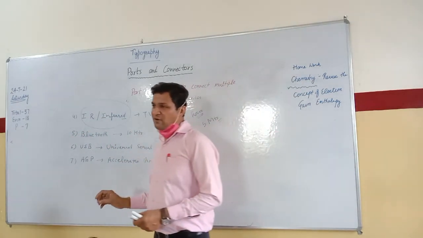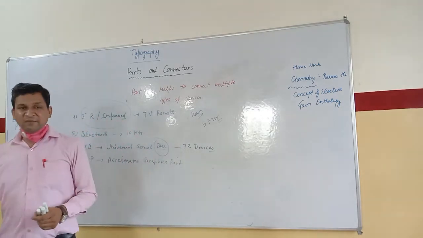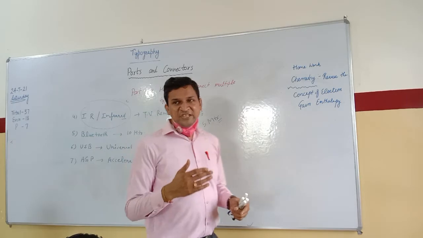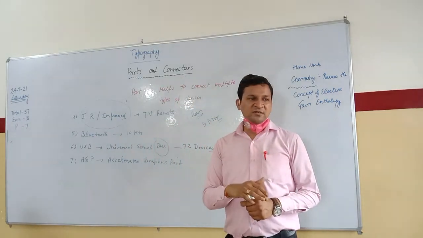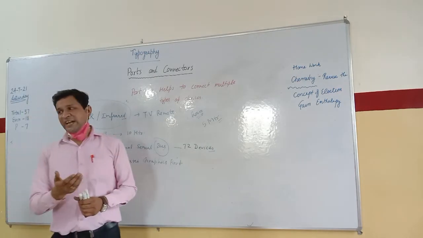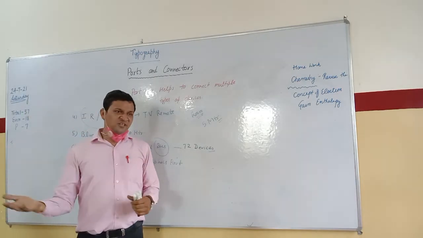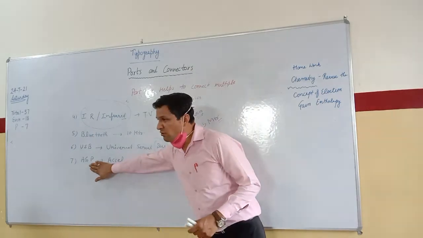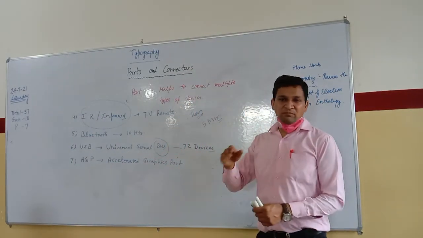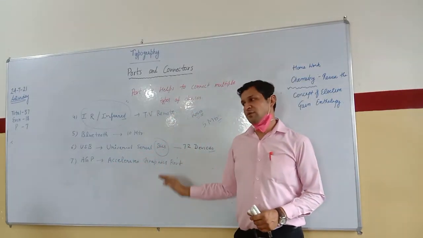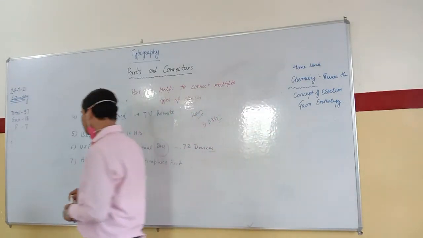And a graphics card can be of different sizes, like a 1 GB graphics card, a 2 GB graphics card. It depends upon the user's requirement. Because if a photographer is using the graphics card, then he needs high quality. If a general user is using it, then it can work with 1 GB or 2 GB also. So AGP is a port existing on a motherboard that helps to connect a graphics card with your computer system. That is AGP.